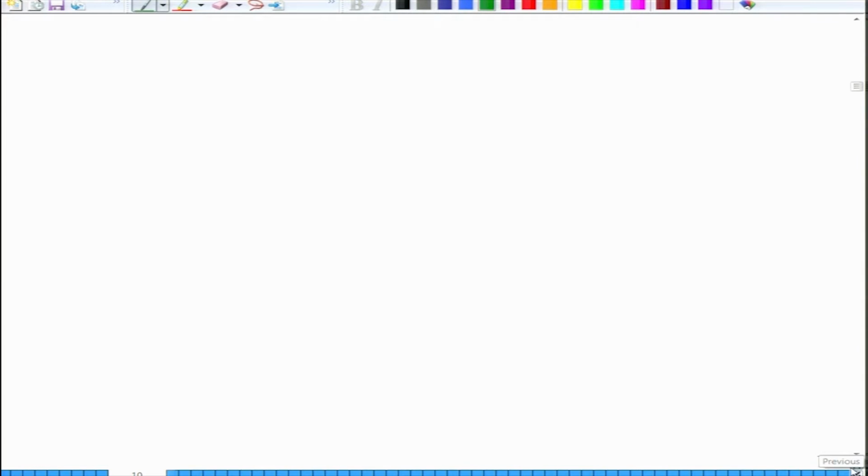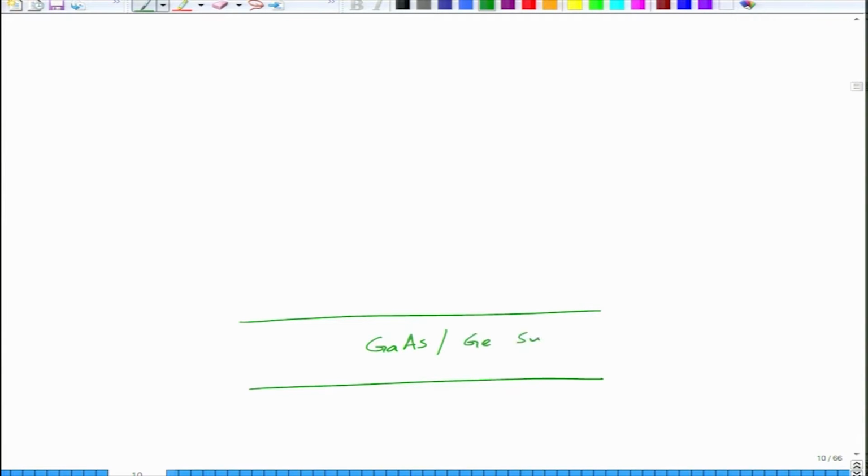An example of this solar cell, for instance, is let us say we have a gallium arsenide substrate. A lot of work has been done on multi-junction on gallium arsenide based substrates, because gallium arsenide is tunable. You can dope it with indium or aluminum, change the band gap. So gallium arsenide or germanium substrate. On the back you put a metal contact. So this is a metal contact of gold,